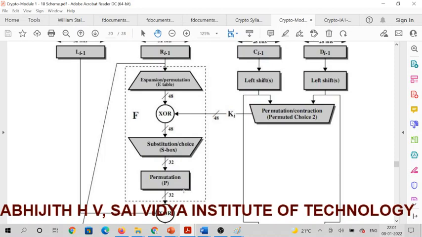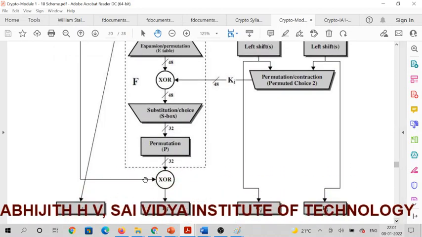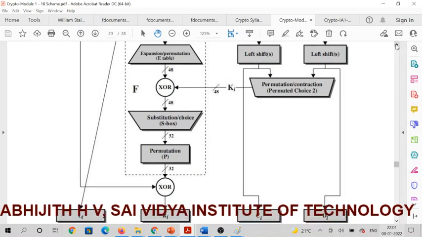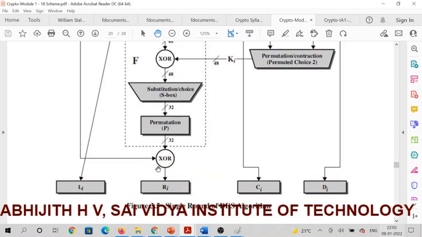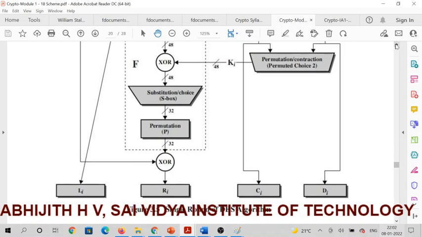Again we'll perform some permutation. After that, whatever you get will be XORed with the left half of the data. Whatever answer we get will be considered as the right half for the second round, and the right half of the previous round will be considered as the left half for the next round.